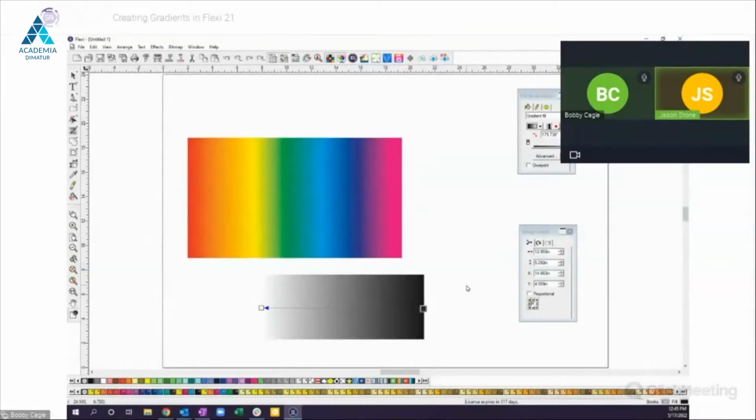The question is, how to create a gradient from a color to a transparency? Okay, so that is, again, an Illustrator function that Flexi is not able to do currently. We may be working that in some future revisions, but I tried to make this into a transparency and it would not do that. So when I try to make this color a transparency, it just makes the whole thing